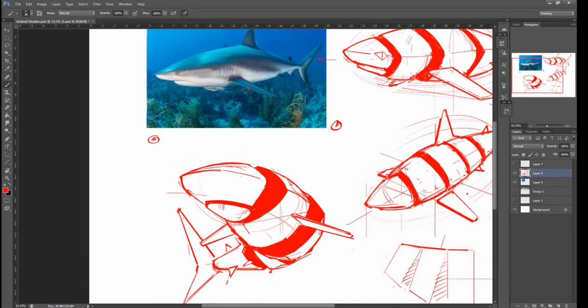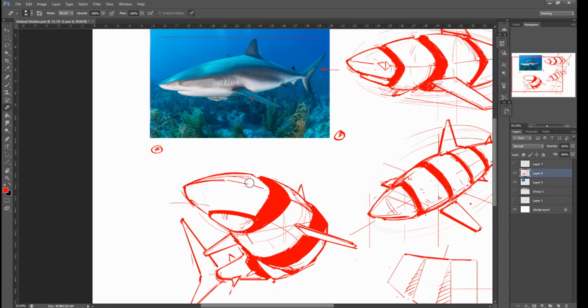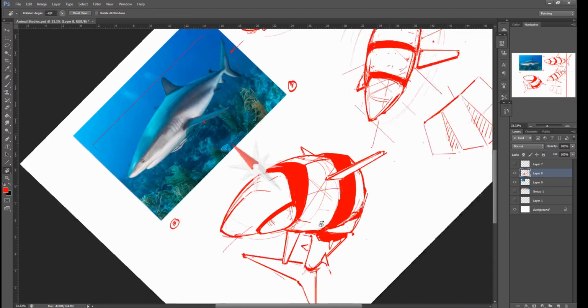Because we have that entire dorsal fin up here, I'm not sure we're going to really see too much of it. Maybe a little bit poking up. And I almost forgot about the eye. So let's have a little bit of a cut